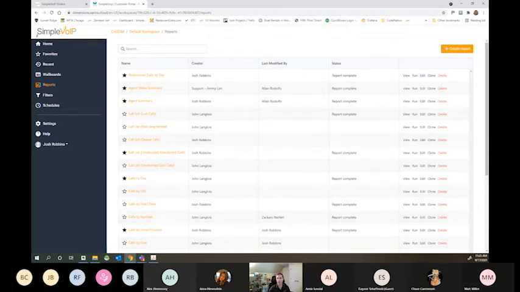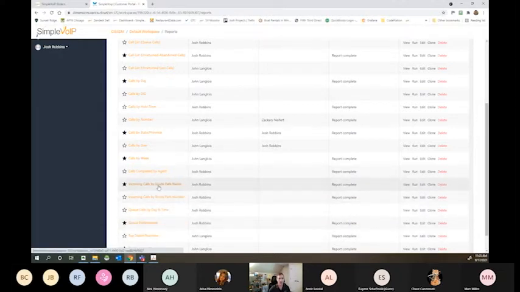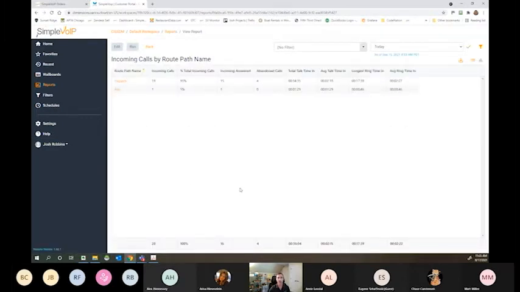Again, if you've got some reports you'd like to see or some piece of data you've been trying to get out of the system, please put it in the chat or raise your hand, and we'll see what we can do. This is a cool one, incoming calls by route path name. For those of you who have auto attendants and want to get a good idea of what routes customers are taking when they call in and press 1 or 2, what we usually do is use prepends. In this scenario, our main number says if you'd like to talk to somebody about a dispatch, please dial 1, or project management, dial 2. And so we put these in here as prepends,